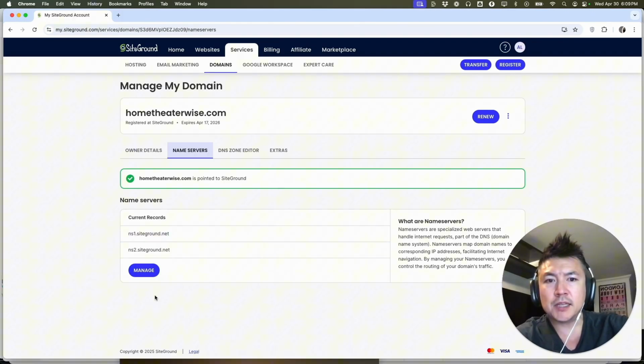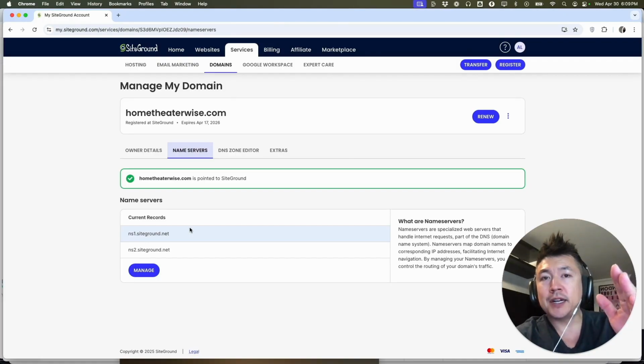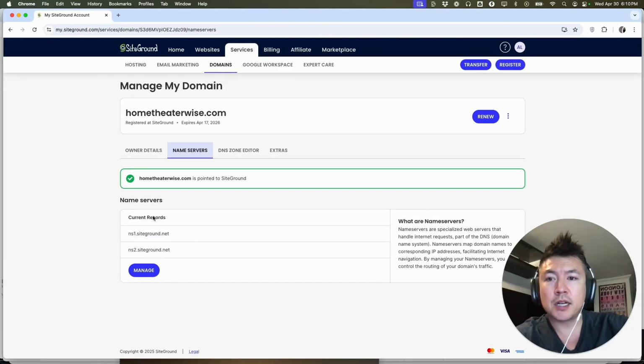Now, if you're going to be changing these and pointing them somewhere else, that information you're going to get from whoever you're pointing it to. So it might be GoDaddy, it might be Bluehost. So once you have that information from them for their name servers, you're going to come back in here